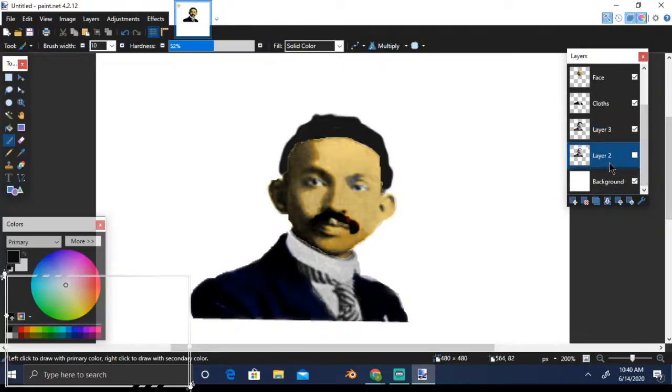This is the original copy. I'll unselect it. These are various layers, and you can see the difference. Previously it had taken the skin color, but now if I check it, it has taken the white color. The mustache is okay, the face okay. Let's do some editing on the face. The black color does not look okay, so let's do something like this.